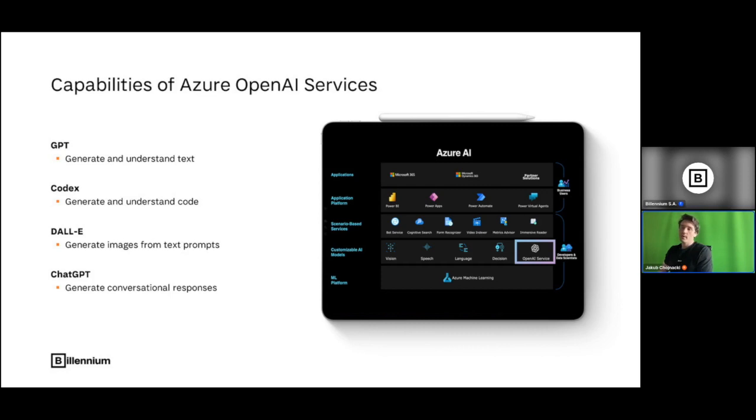And of course, when we are talking about GPT models and generative AI, I would have to say that all the possibilities come from the fact that we've got those models launched in cloud services such as Azure. But of course, Azure is not the only provider. We can always use AWS, Hugging Face or Vertex AI. But for now, let's focus on the Azure one, as this is the main one that hosts the